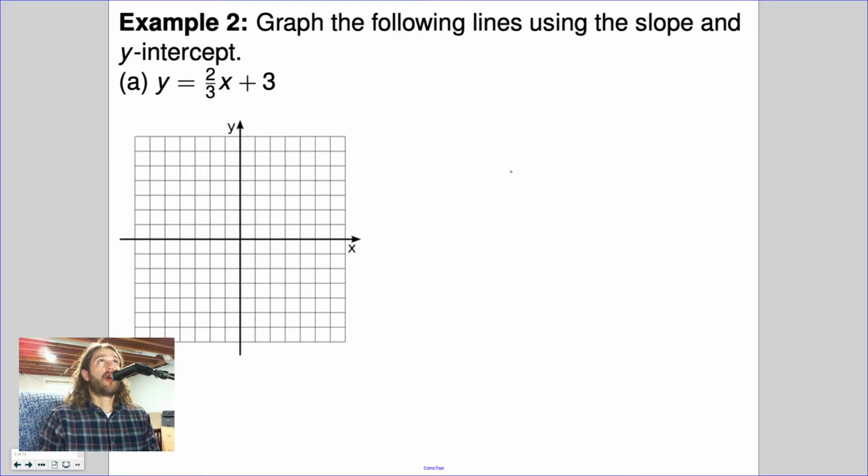All right, so let's recall, how do we graph? First thing we do is we start with the y-intercept, which is right here, 3. The point, or rather (0, 3), is my y-intercept. It is a point. Now, to graph the rest, we follow the slope. So let's identify officially the slope and the y-intercept. The y-intercept, in this case, b is equal to 3, m is equal to 2 over 3, which is just the coefficient of our x term.